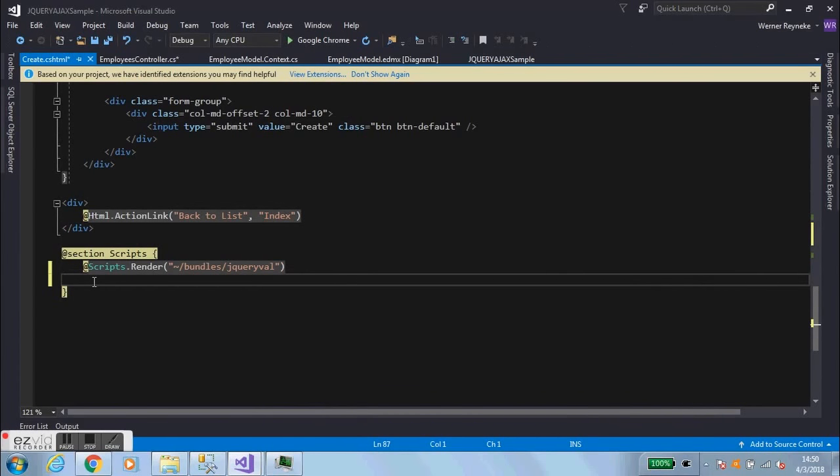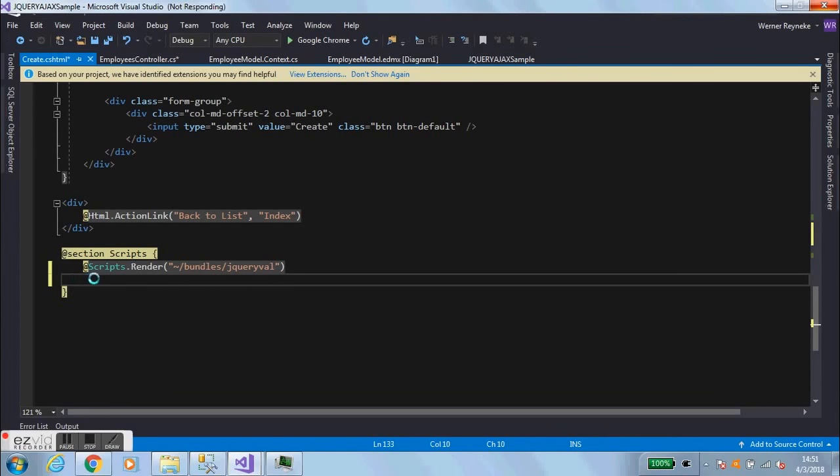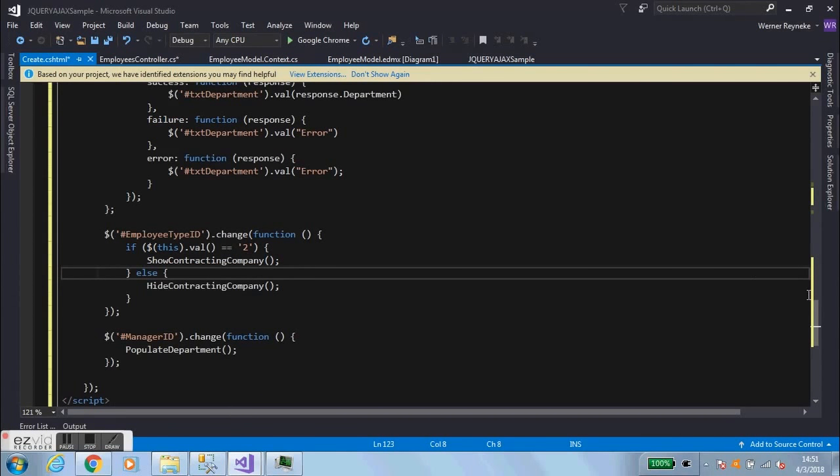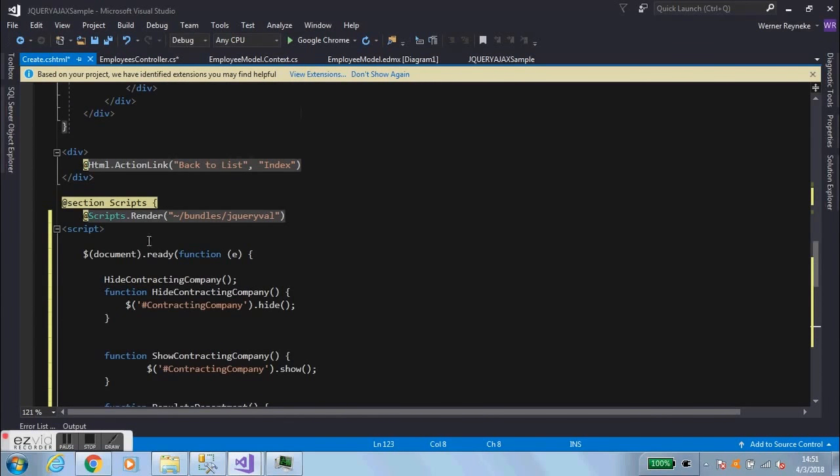So basically here where it says Scripts.Render, you're going to open up a